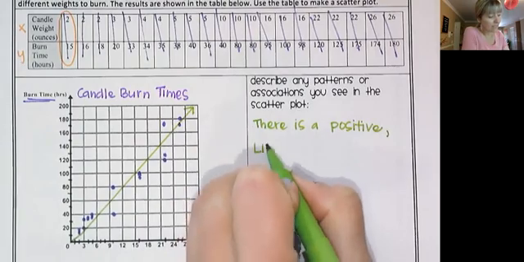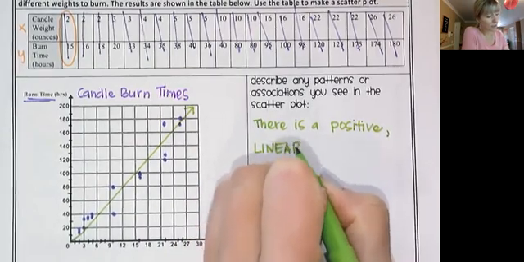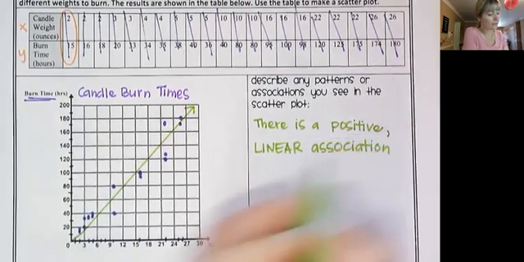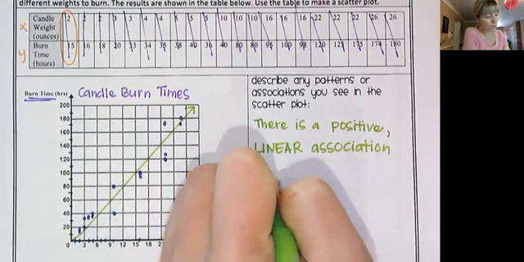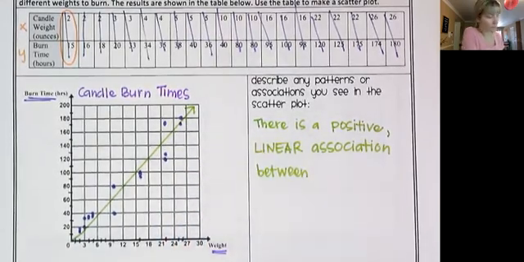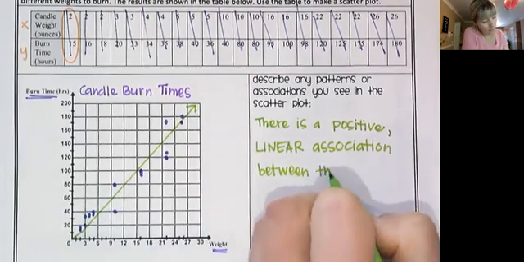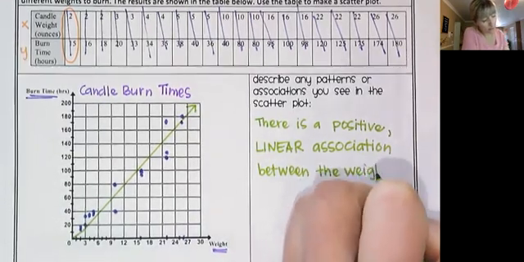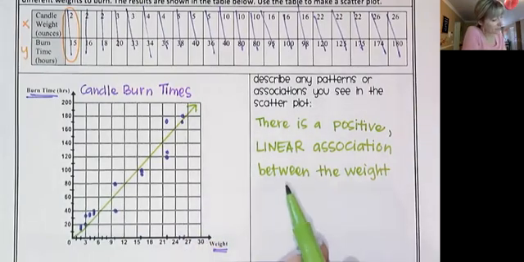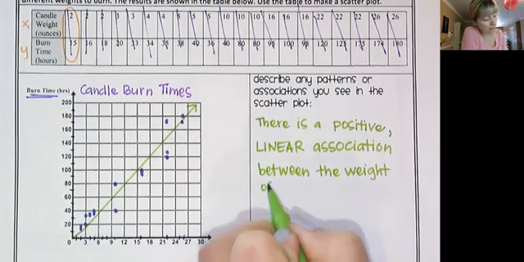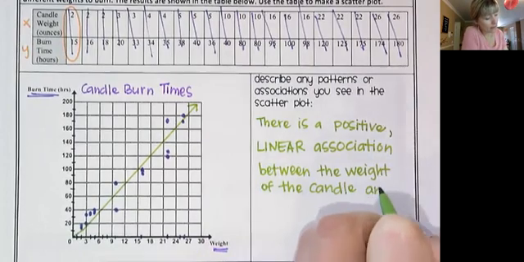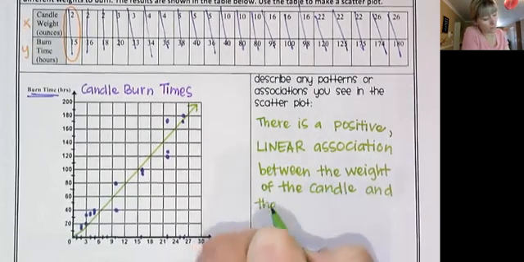There is a positive, but I'm going to add a word here. Positive linear association. There is a positive linear association between, let's look at the two variables we have. There is a positive linear association between the weight of the candle and the burn time of the candle,